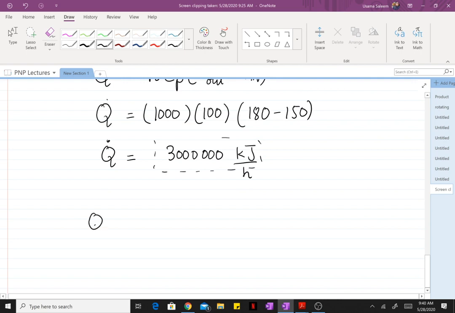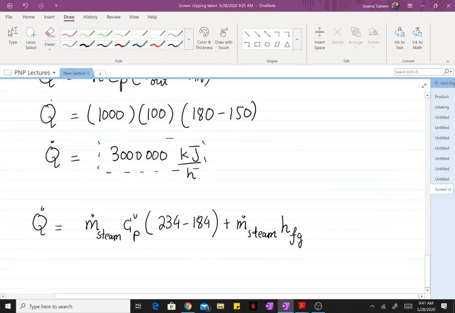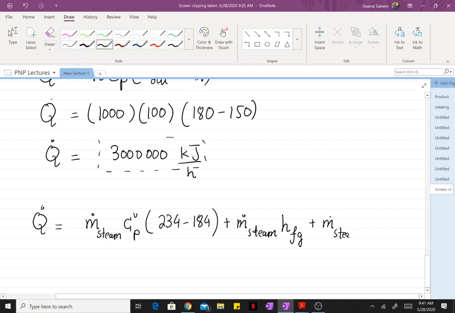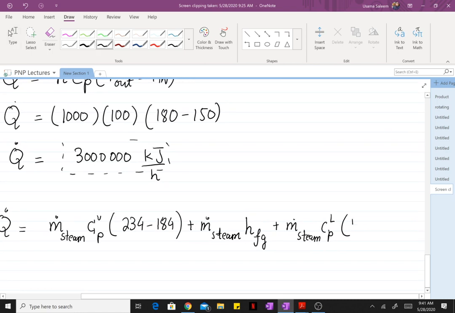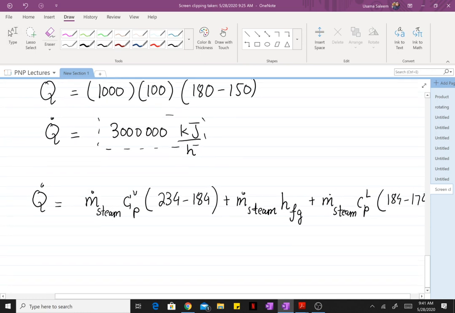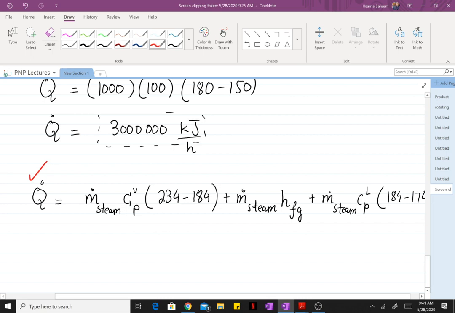So using this heating duty, we can find the flow rate of steam required. Now the steam needs to be condensed. The steam is entering superheated, so we're going to be using the heat capacity for the vapor phase, and there's energy associated in bringing it from 234 to 184, and then there is energy associated with condensing the steam, the latent heat of vaporization, and then there is energy associated with making it subcooled from 184 to 174. So we know Q, which we just calculated right here. The CPs have been given, the heat of fusion has been given, the heat capacity in the liquid phase is also given. Hence we can find the flow rate of steam,